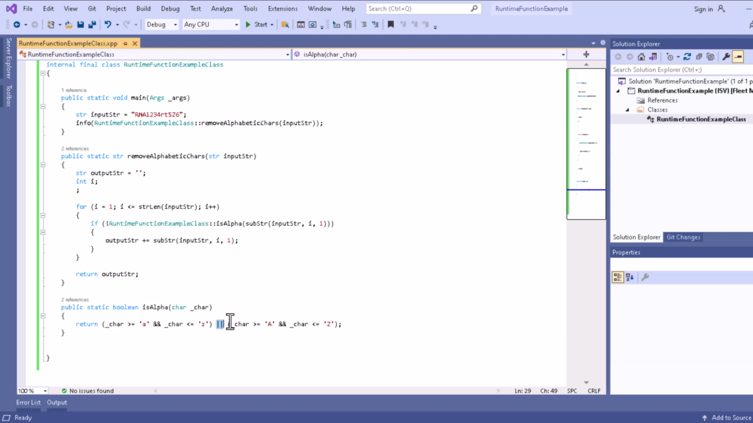So that's why if it is an alphabetic character, then it will return true. And in the whole operation you can see there is a not operator over here. So if it is an alphabet, then it will not go inside this if condition. And if it is a digit, then it will go inside this condition, and it will concatenate